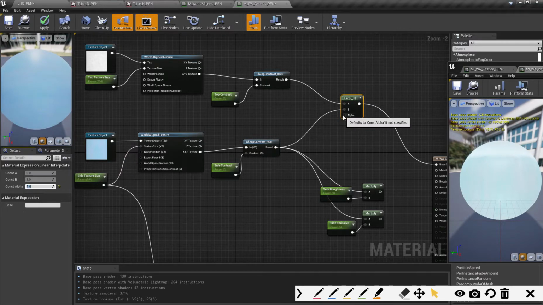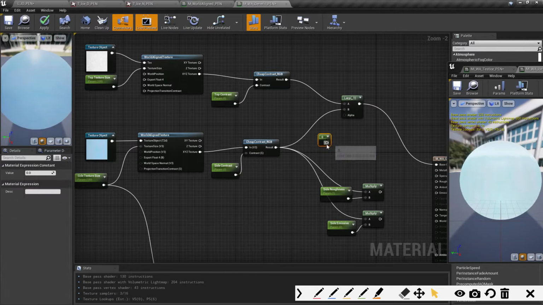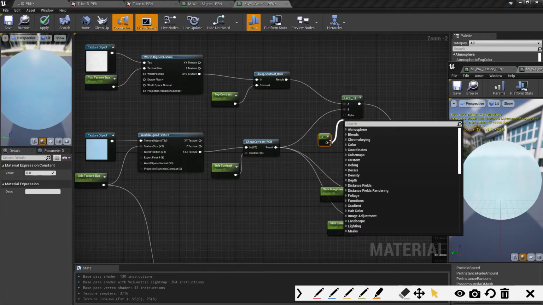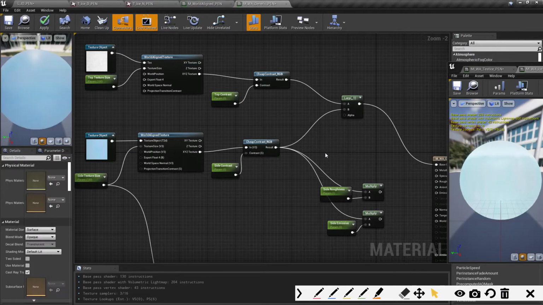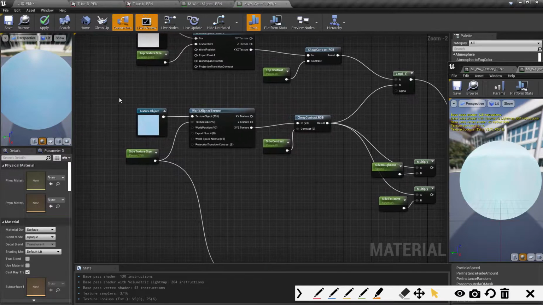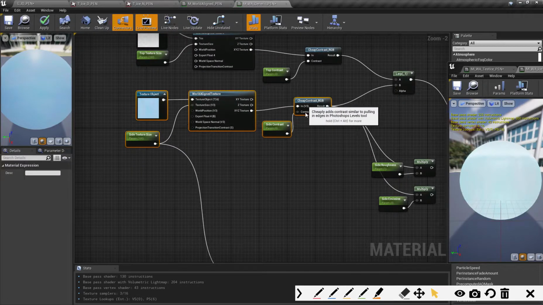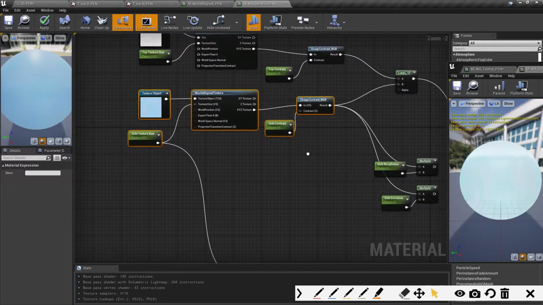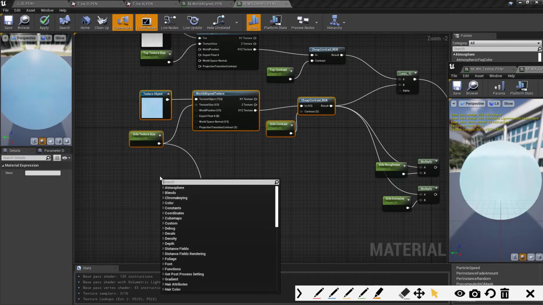But that's this alpha value here. We can't just stick a float value in there and play with it because it's just going to blend it overall. We need to find a way to be able to blend it based on the angle of the surface and the direction it's pointing. So I'm going to right click and we're going to say